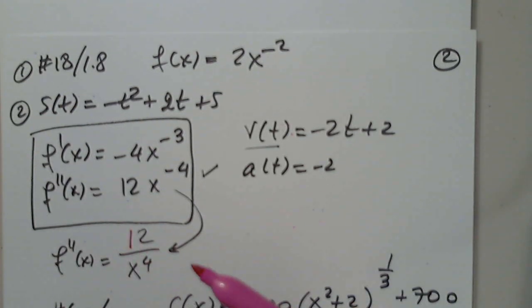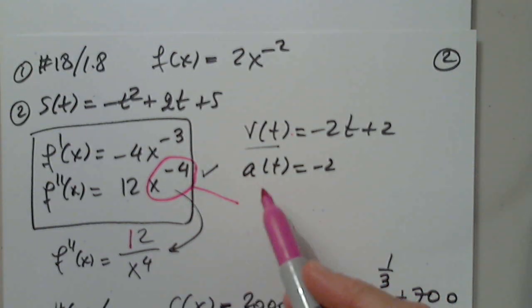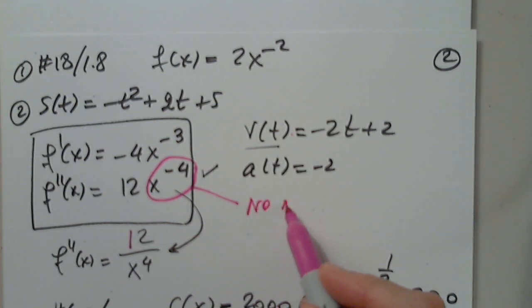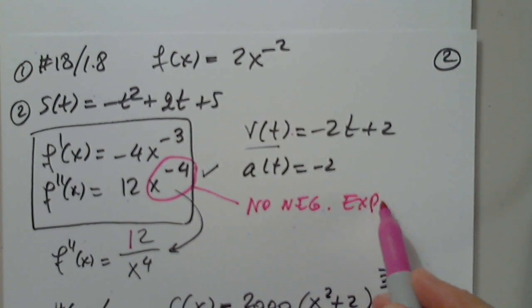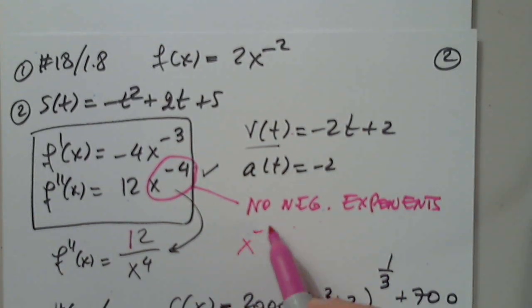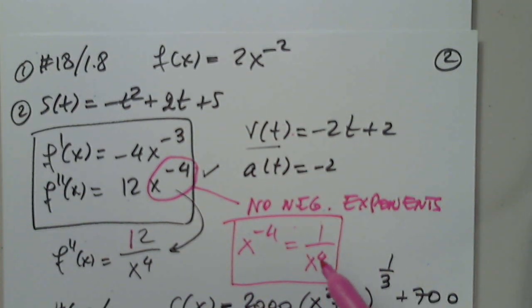Sometimes if the problem says fully simplify, this is preferred. In general, we say that from algebra, we do not like negative exponents. No negative exponents. Also, if you get used to x to the -4 written as 1 over x to the 4th, you will always be able to go back and forth between these two, because this is very useful. We've used it so many times because